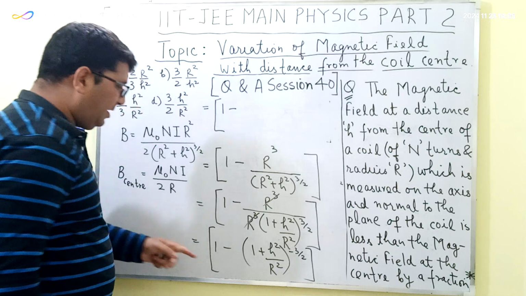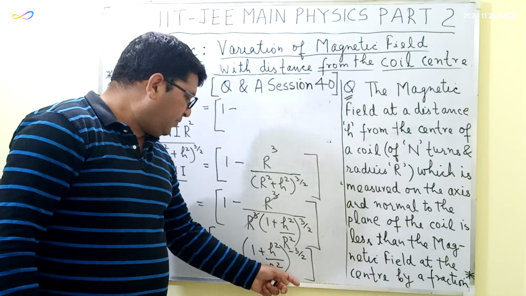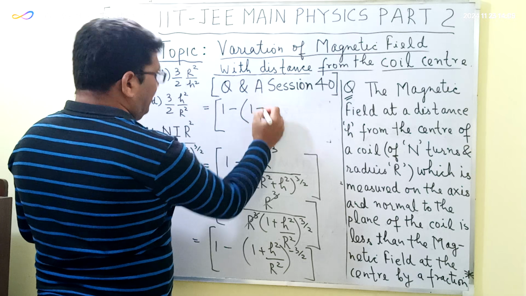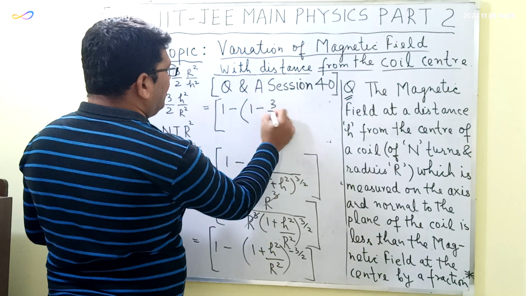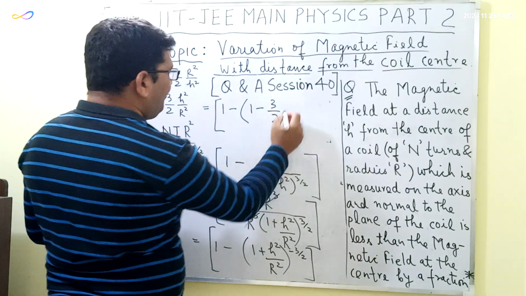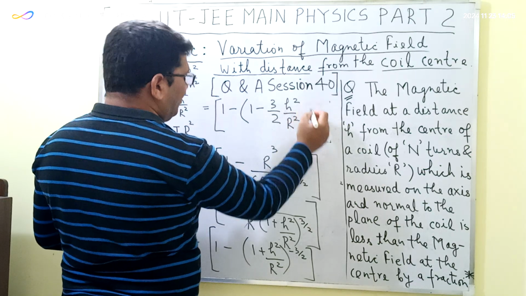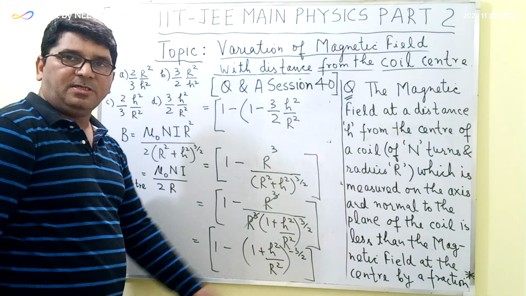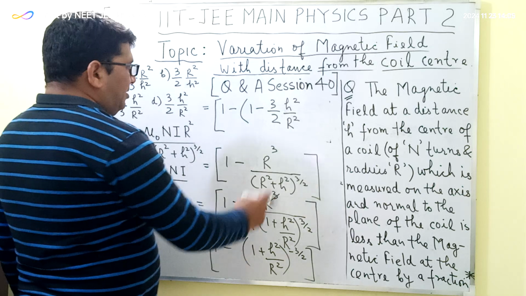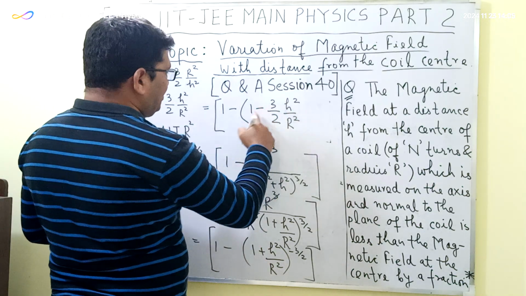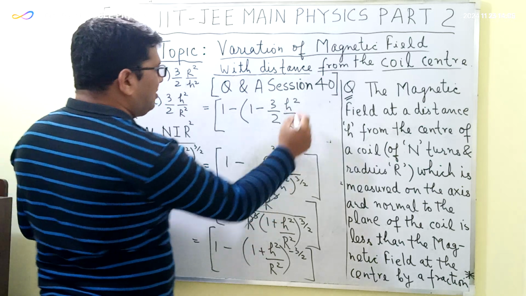1 minus, now here I will be using the binomial expansion, so the approximate value will be equal to 1 minus 3 by 2 h square by r square. So this is the approximate value. I have used the binomial expansion, and by using the binomial expansion I am getting the approximate value, which is equal to 1 minus 3 by 2 h square by r square,